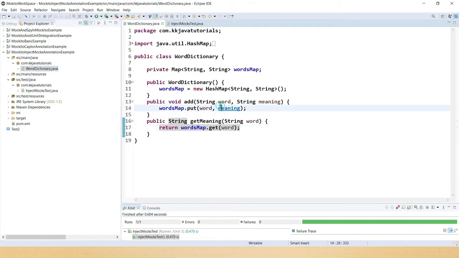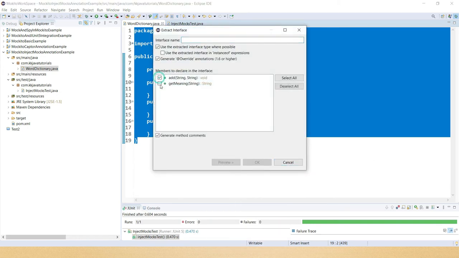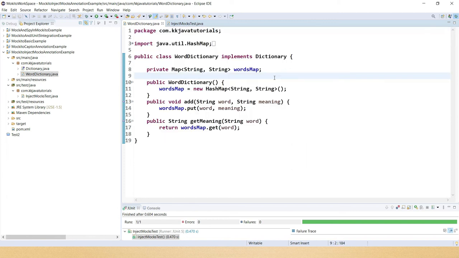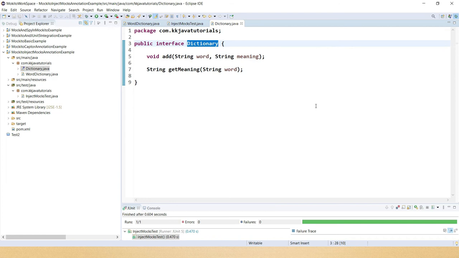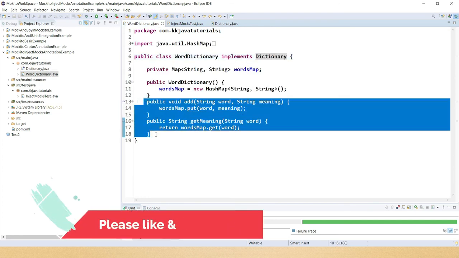Now I go to this class and I'm going to refactor it. Just select all the source code, go to Refactor, Extract Interface, and move these two methods into the interface. I'm going to name the interface Dictionary. So now I have refactored this code. Now this class implements the Dictionary interface and provides implementation of both methods.